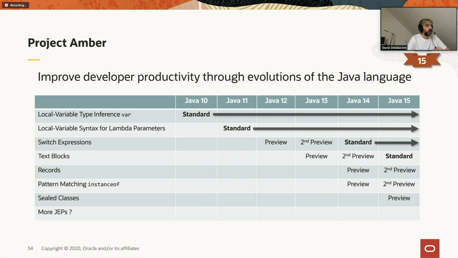In 14, we're adding switch expressions. It becomes a standard feature after 2 rounds of preview. We're doing another round of preview for text blocks. We are introducing records. We're also introducing pattern matching with instanceof in preview 2. I'm going to discuss most of those features.